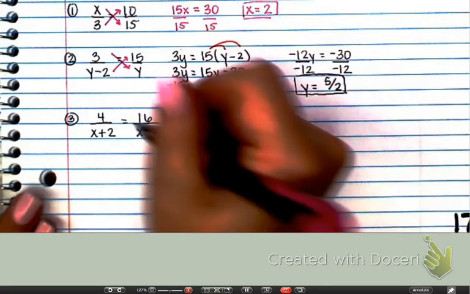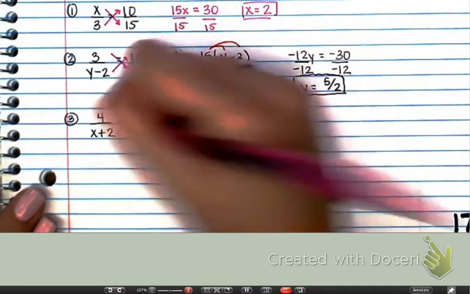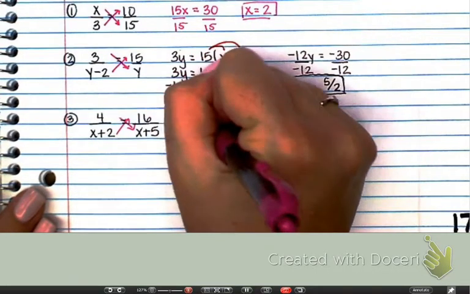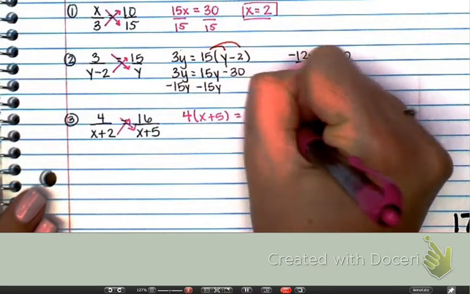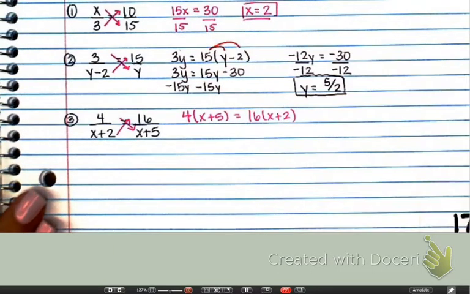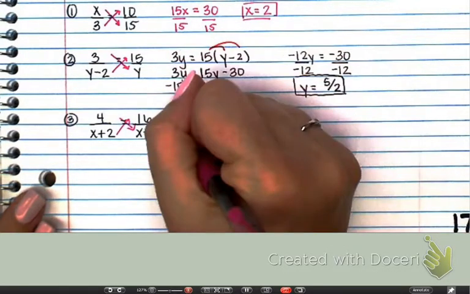Okay, so let's see. If we cross multiply, you should have 4 times x plus 5 equals 16 times x plus 2. Now, you don't have to write that step out if you know to distribute to both terms. Okay, so you can skip this step and go directly to